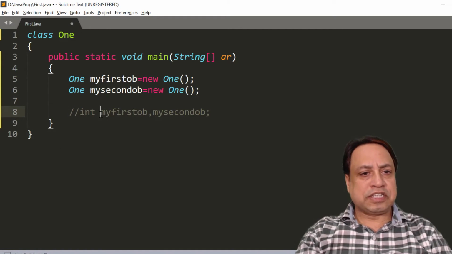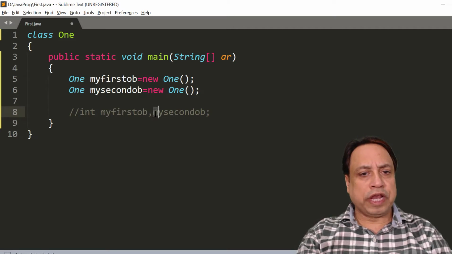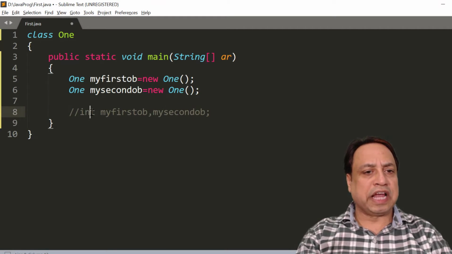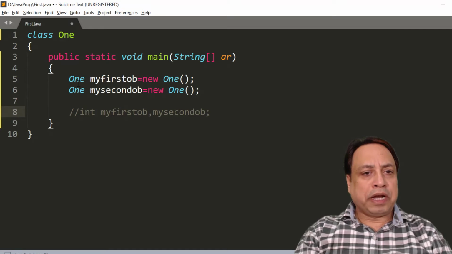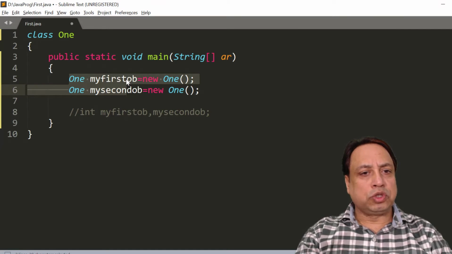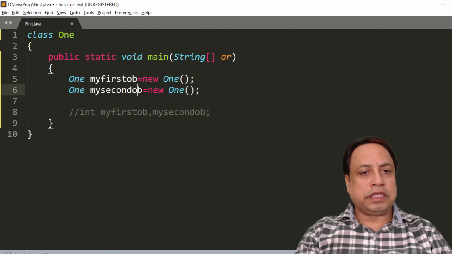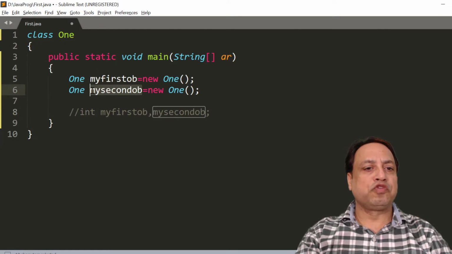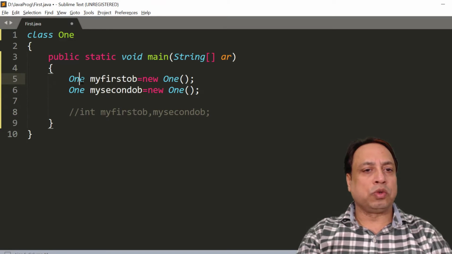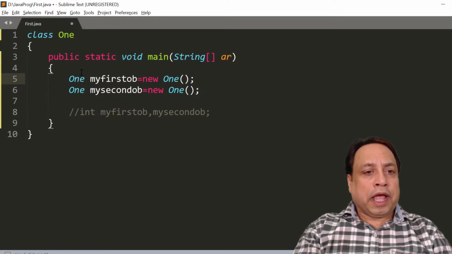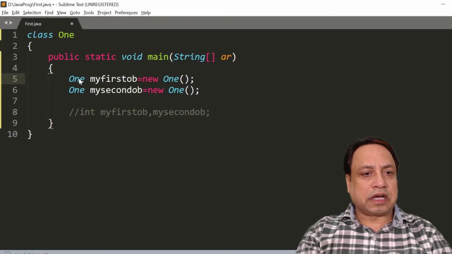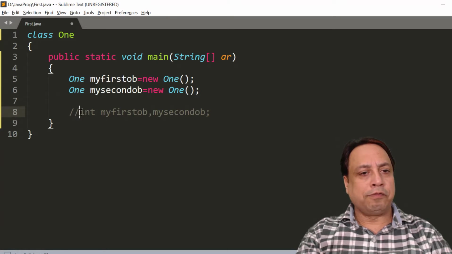Now in this C statement we may say that these are two variables belonging to the class int. But in my Java program, the two variables my first OB and my second OB, rather they are called as objects, they belong to the class 1. In this way we can relate the class name with the word int.